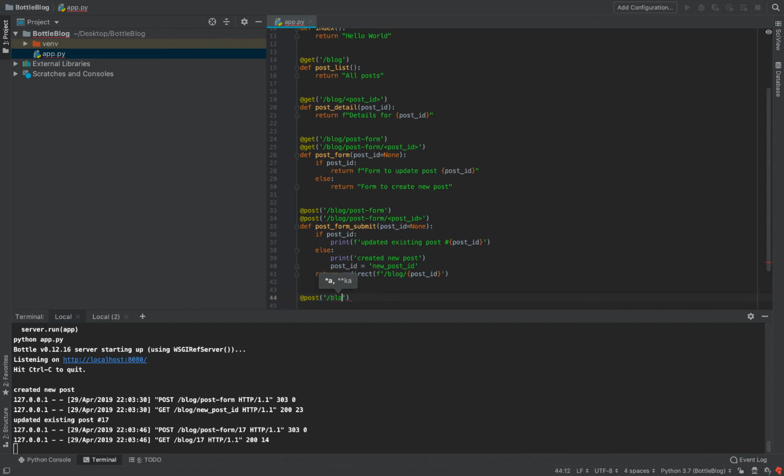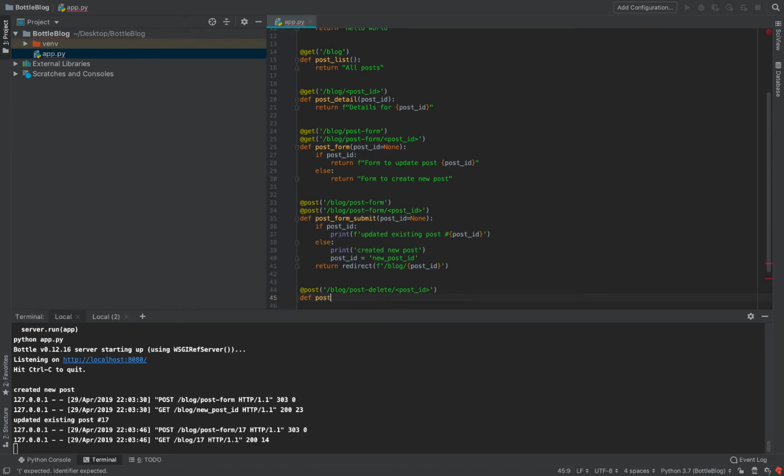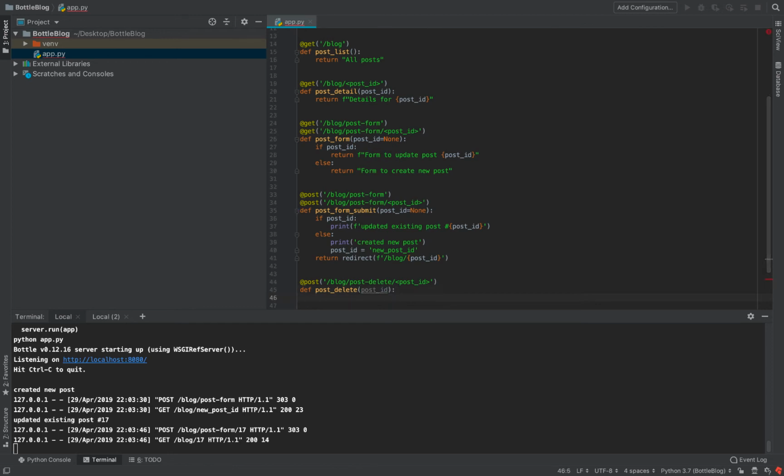But that's going to be on the route blog / I think post delete should be fine, and then here we don't need to define two different routes, is there a post ID or not, because if you're deleting something, you have to tell it which one to delete. So we're just going to pass in post ID as that URL parameter there. Then we're going to define a function, we're going to call it post delete, and we're going to accept that post ID. And again, we don't need to define a default value here because we're always going to get a post ID when we're deleting something. So here we're just going to simulate that server behavior by saying deleted post using post ID,